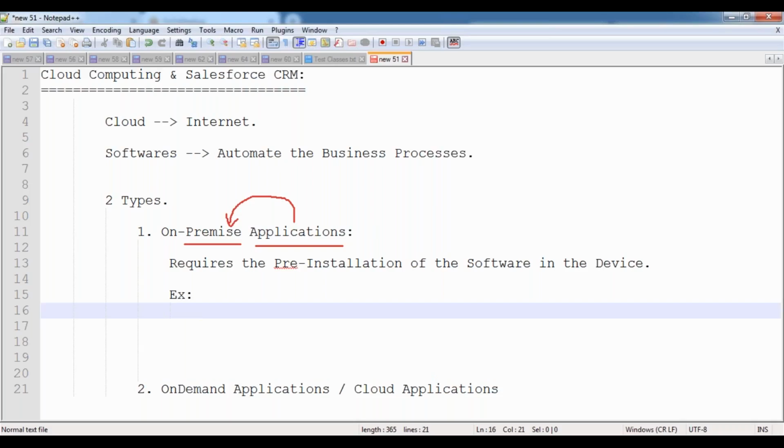Can you give me some examples of software which requires installation? Forget about the mobile applications. Now can you tell me any software which you are using in your device, like your laptop or desktop, which requires installation?